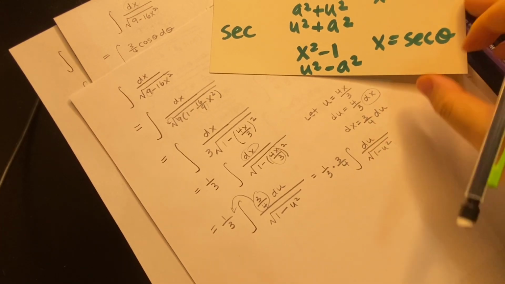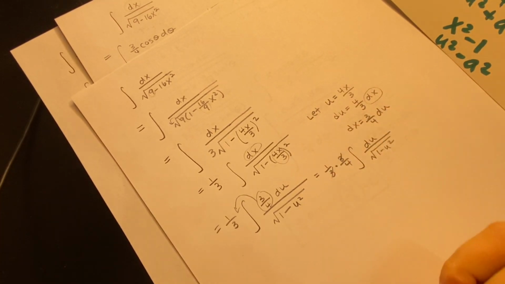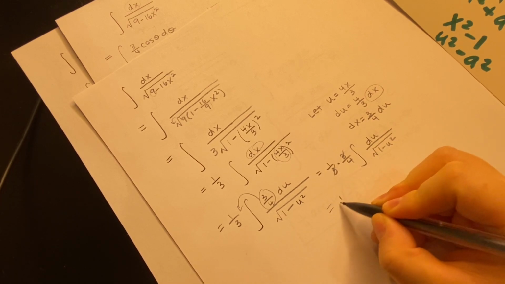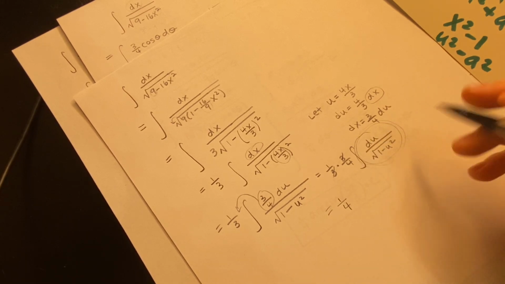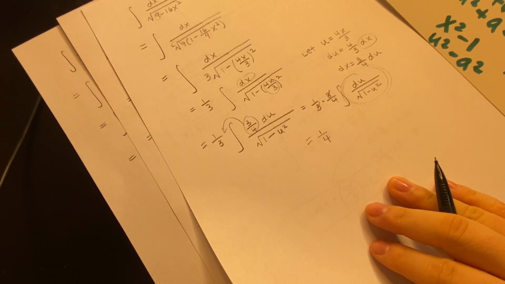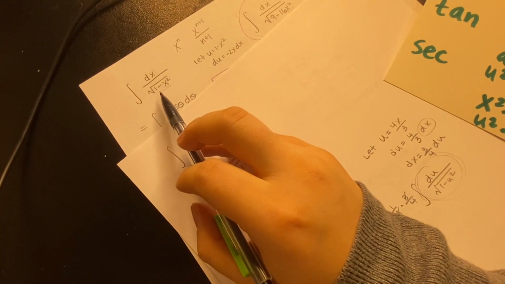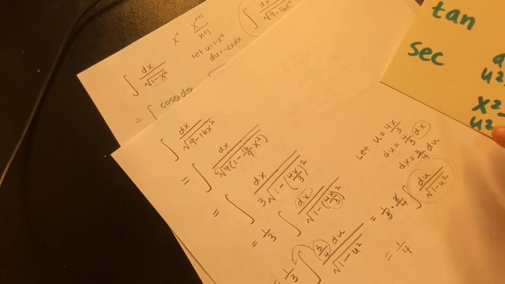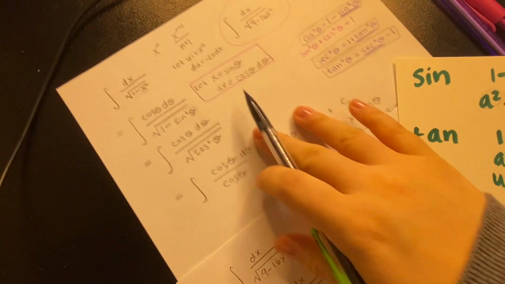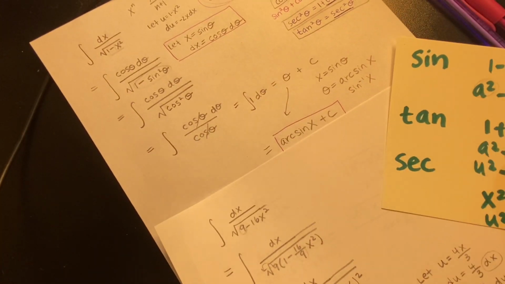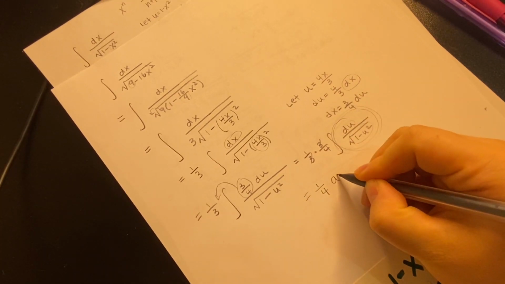Very, very nice. And this is really, really cool, because now this goes away. We have 1/4. And what about this looks familiar? That is just like our integral with our dx and our square root of 1 minus x squared, except now it's all in terms of u. So our answer to that was arc sine x. Our answer to this is arc sine u,